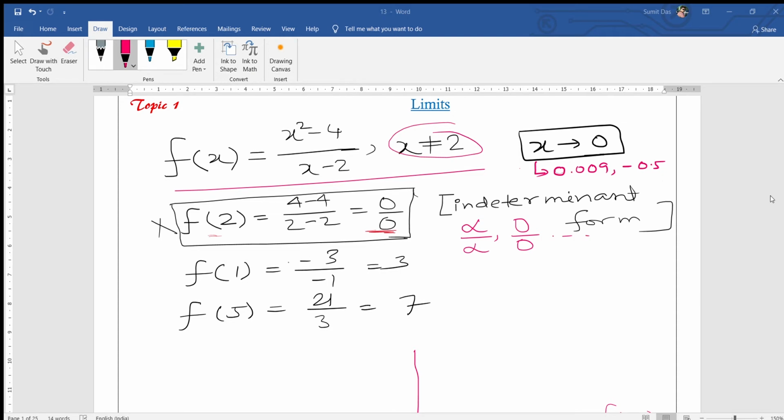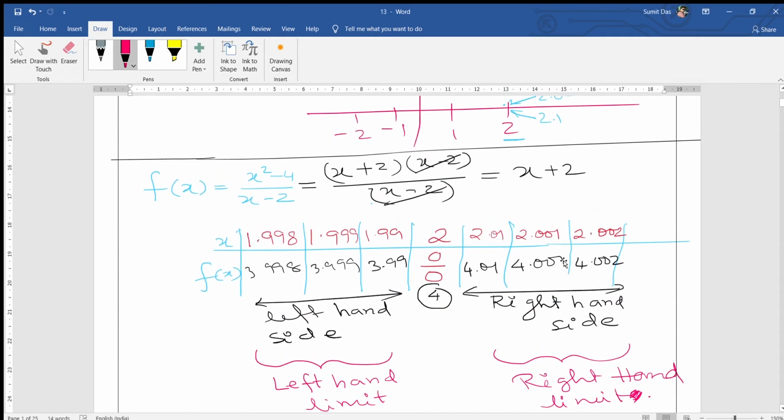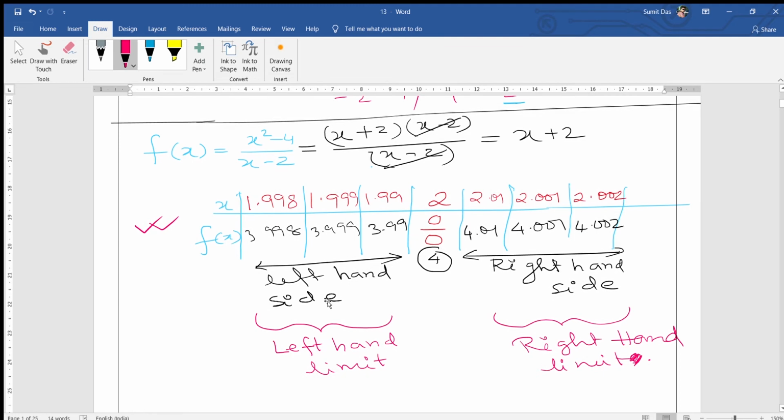Now let's find out this process, this method. Look, this method will not be used in any exam or any purpose, so I'm not going to explain this one. I just show you how to find the value by theory, physically, not theoretically. So we'll not use this kind of thing anywhere. I'm only going to explain the left hand limit and right hand limit.